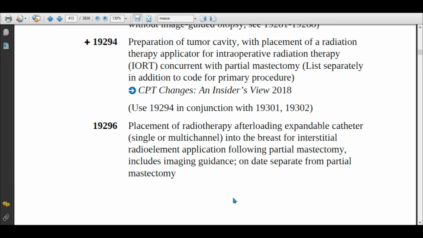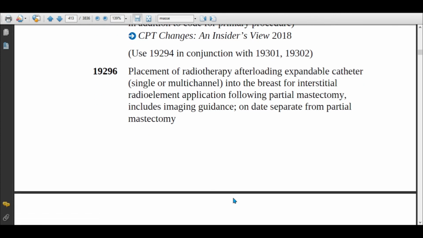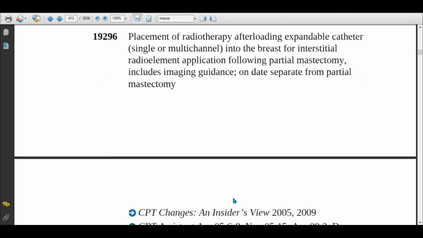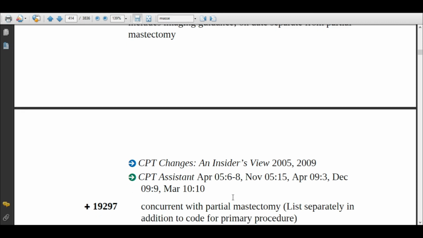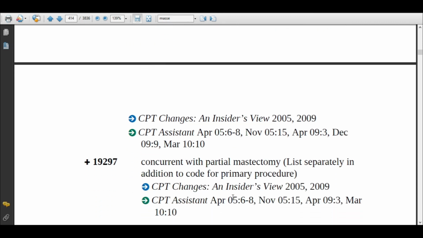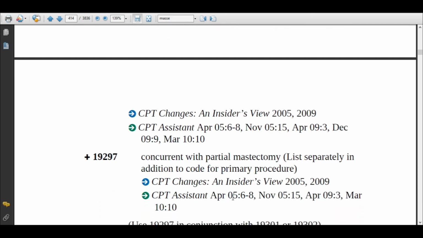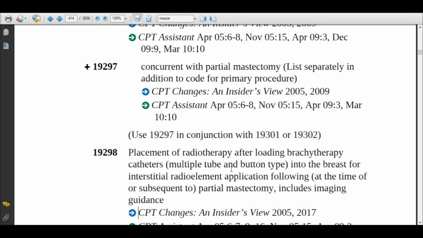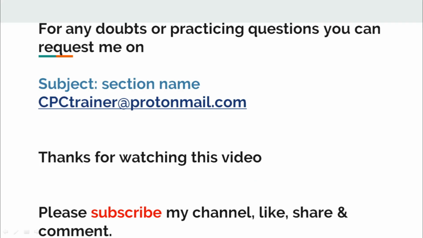If the physician is inserting an expandable catheter after partial mastectomy for radiotherapy treatment on the same date during the same session, then you can assign 19297. If the physician is inserting brachytherapy catheters, then you have to assign the code 19298.